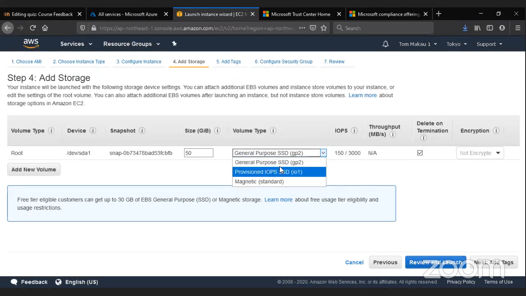You can also choose a solid state disk that is provisioned and optimized for many concurrent reads and writes. Or you can choose a standard hard disk, like the ones in most older computers, a magnetic standard hard disk, which of course is slower and cheaper.